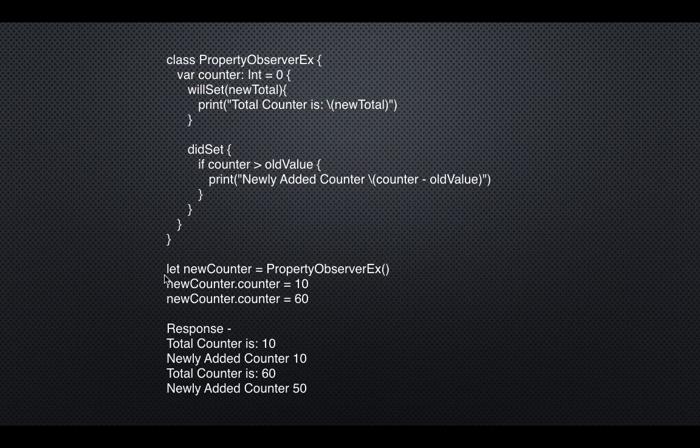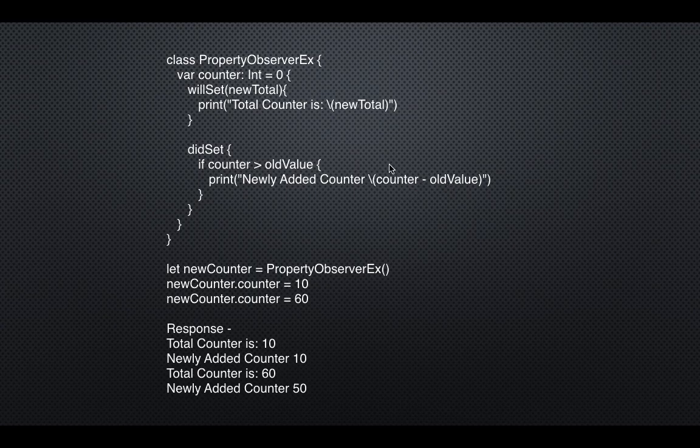Okay. So when we initialize this class and we call newCounter.counter = 10 and newCounter.counter = 60, we are just changing the counter value. Whenever we are setting these values, you can see the response. So total counter is 10 and then newly added counter is 10. Total counter is 60, next time 60, newly added counter will be 50 because oldValue was 10, so it has deducted